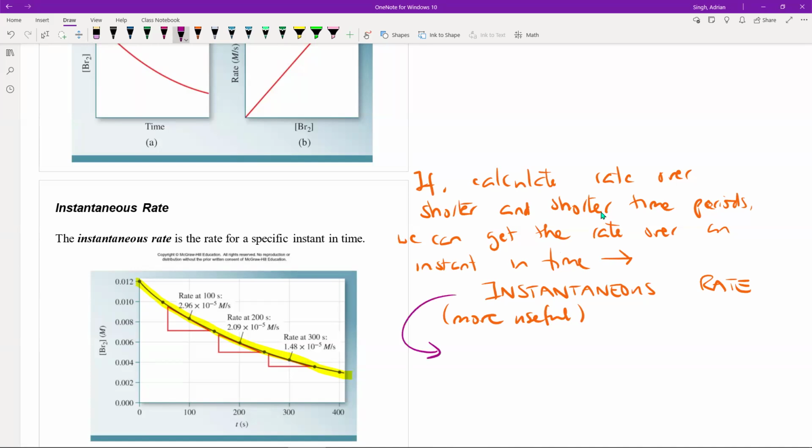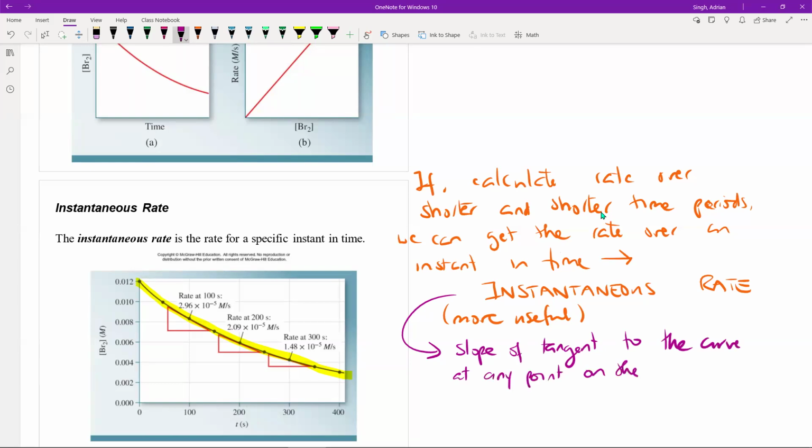And specifically, the instantaneous rate would actually be the slope of that tangent to the curve at any point